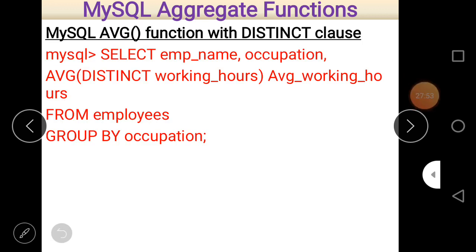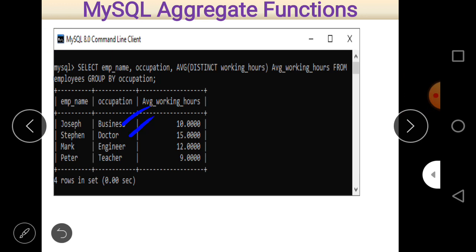So these are the average values that appear here, because you take the average of distinct working hours, and group by is done on the basis of occupation. So different occupations appear here: business, doctor, engineer, teacher. And here MySQL just calculates the average working hours.